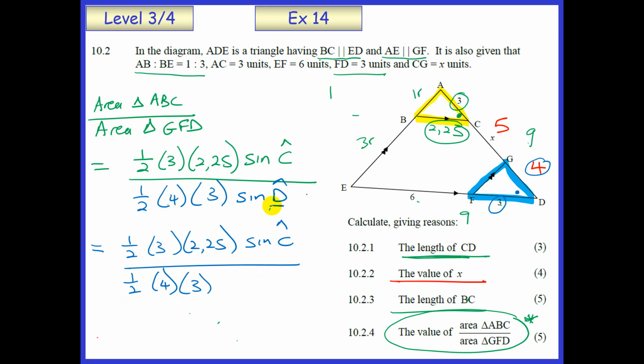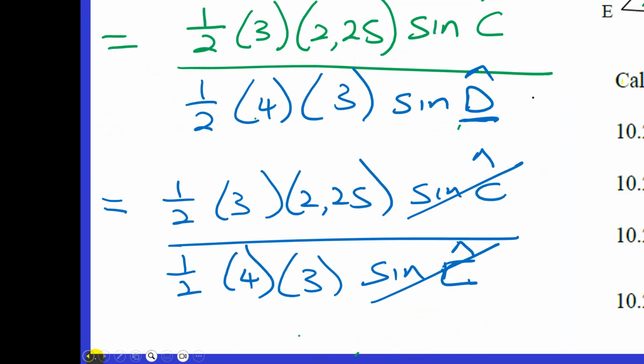So we can replace D with C, or replace the top with D. But basically what we're doing is that's cancelling off. And we have to tell the marker, whoever is marking your paper, and give them a reason, which I'm going to write in the bottom, that angle C is equal to